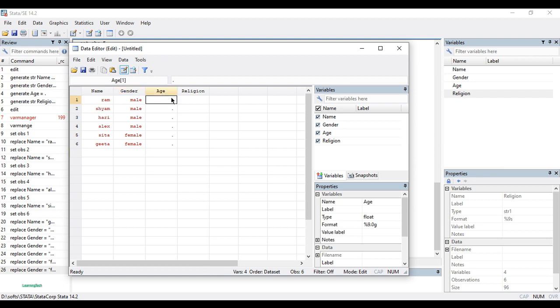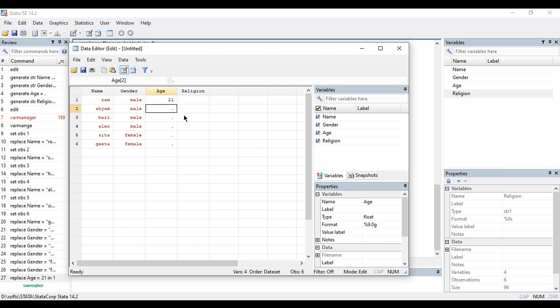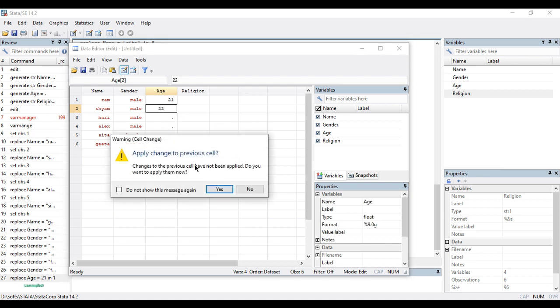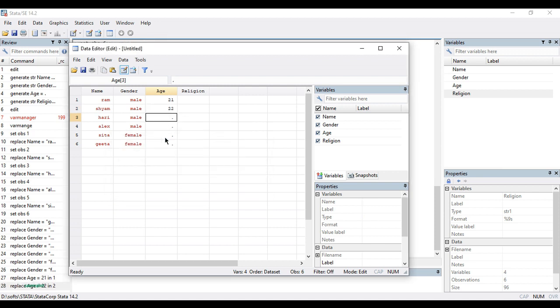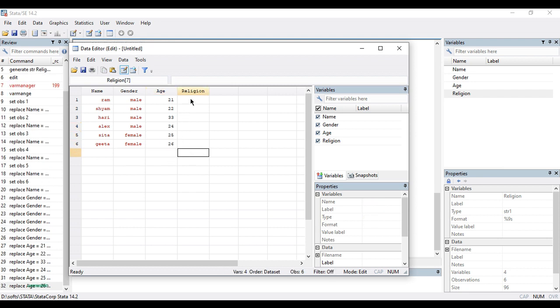Age, let me just give anything: 21, 22, 33, 24, 25, 26. And in case of religion, let me just give an example,